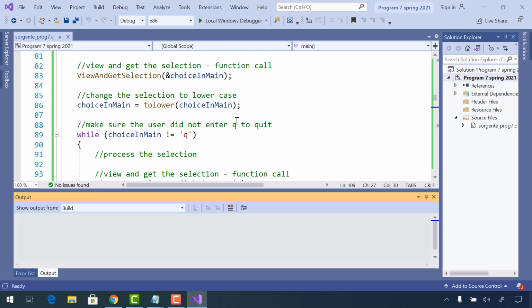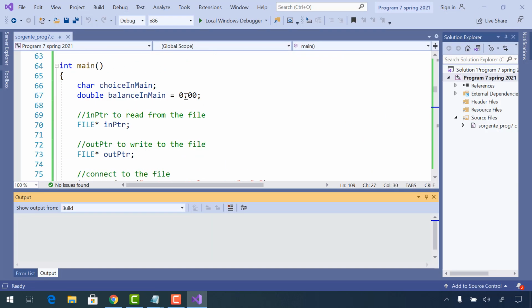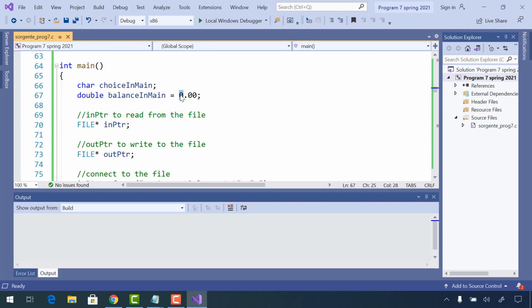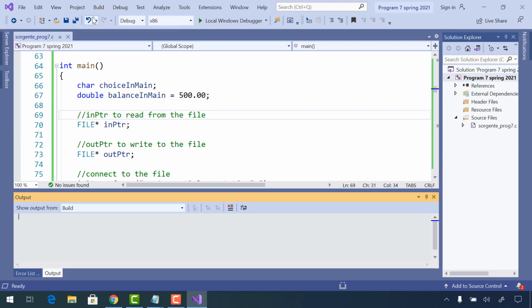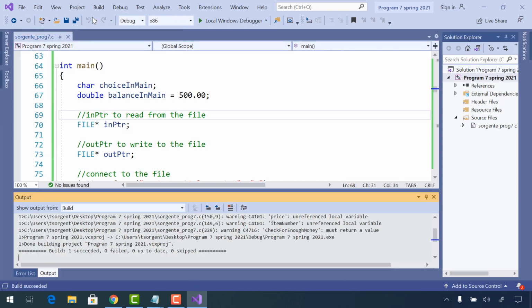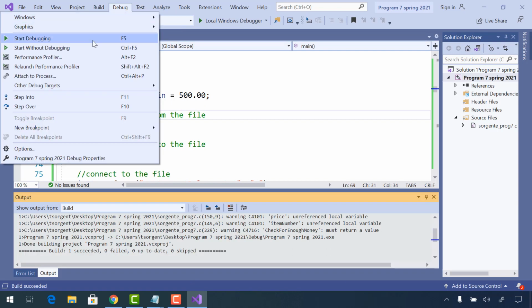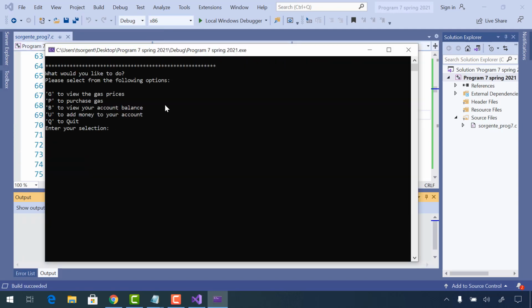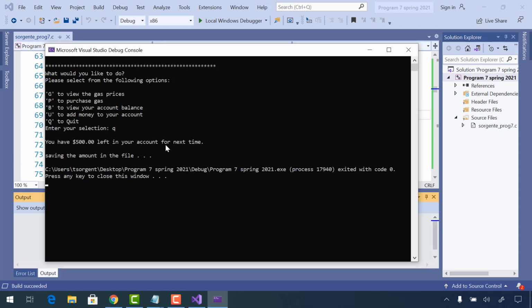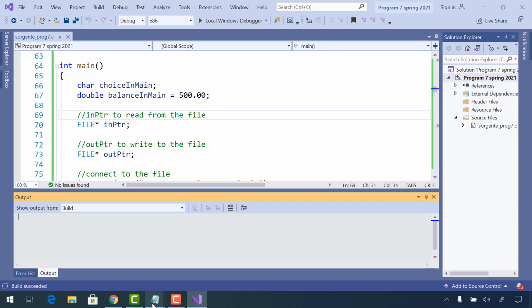Just to show you again, what if I said balance in main equals $500? So watch what would happen. What do you think is going to happen? It's going to put $500 into my file. Quit. I now have $500 in my account. This program is just getting started. I have not implemented any of the other features of this program. So if I go and I look into my file,